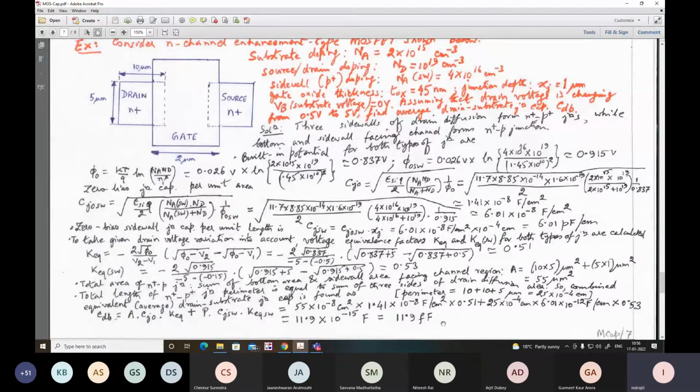So 55 micrometer square includes the junction 1 capacitance and junction 5 capacitance, and the three remaining ones, while we calculate them, have a common boundary wall height, that means xj equal to 1 micrometer. They are calculated like this. That means the perimeter length. Perimeter length is how much? Perimeter length here is 25. Why is it 25? 10 plus 5 plus 10. So CJSW equals the junction capacitance per unit length for the junctions numbered 2, 3, 4. So we have to sum up the 5 components and get the total CDB, or drain to body junction capacitance, which is nearly 12 femtofarad.